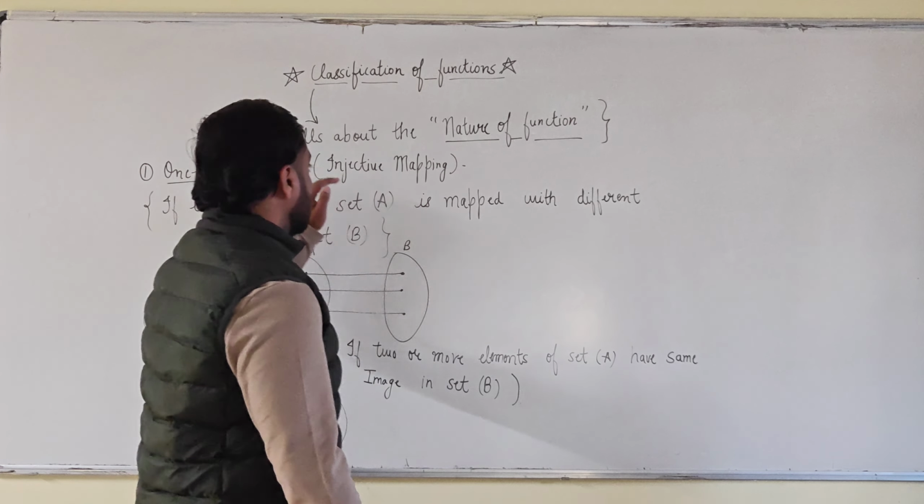Next we take some questions which came in JEE Mains. The question is about the function f from real numbers to real numbers, where f(x) = (x² + 2x − 15)/(x² − 4x + 9), x belongs to the real numbers. The question asks whether the function is one-one and onto. So we observe the function.